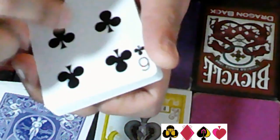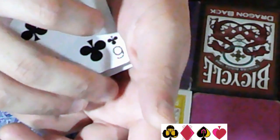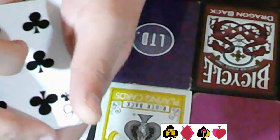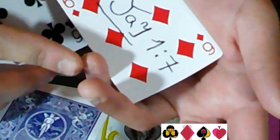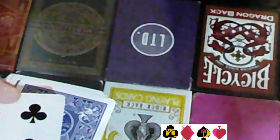As they're doing that, you're going to turn this deck face over, and you're going to do that same buckle move where you pull down on their card, and then you're going to pull the deck back, push the deck forward, and as you go to hand this to them, drop your hand while you're holding it between your pinky, ring finger, and the fleshy part of your thumb. Hand that to them as you drop your hand, and then